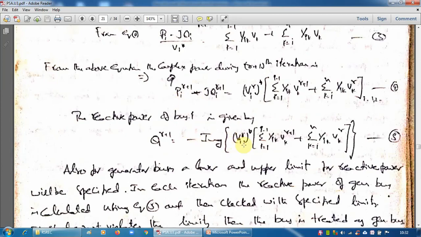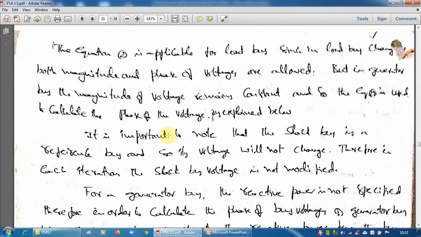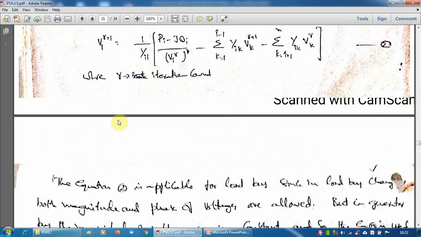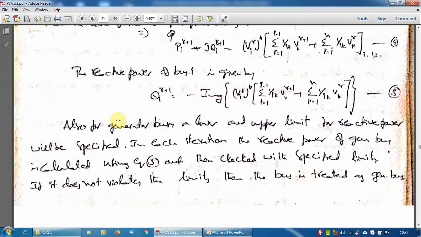So make use of the given value of V and all other assumed values of voltage. First calculate Q. Make use of that Q in this expression and calculate delta, which is nothing but the imaginary part of this voltage expression. Voltage here is E plus JV. In that, the imaginary part is delta. Calculate the imaginary part, that is delta, from this expression.